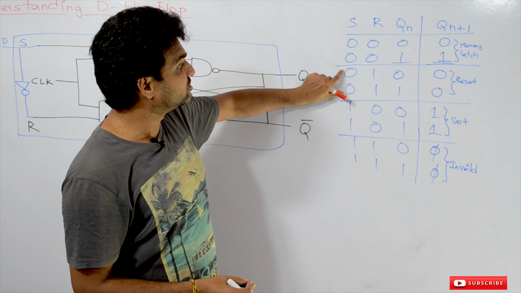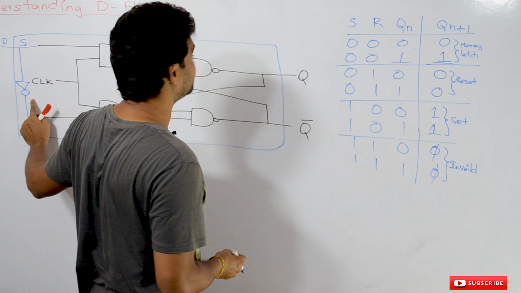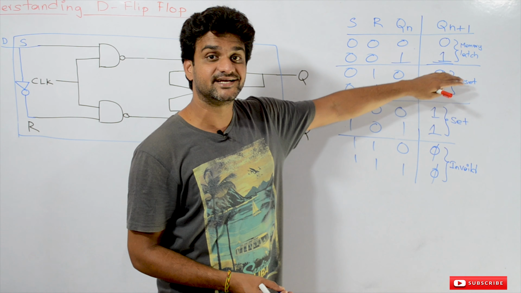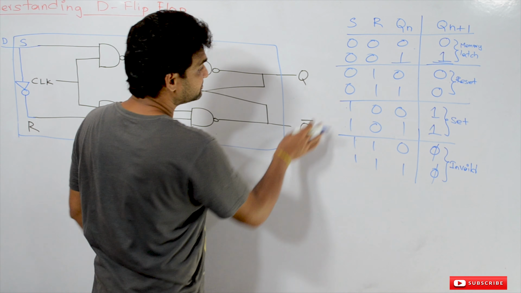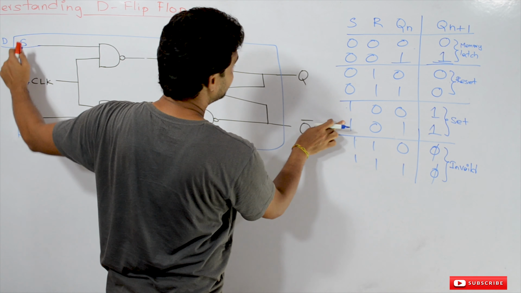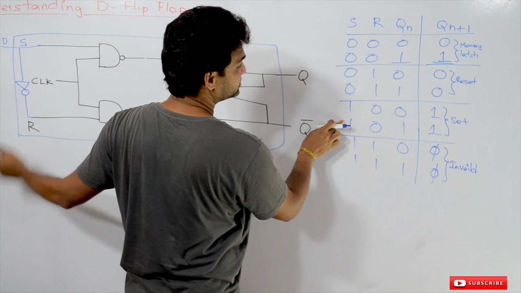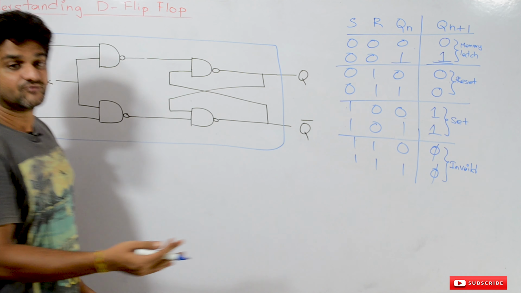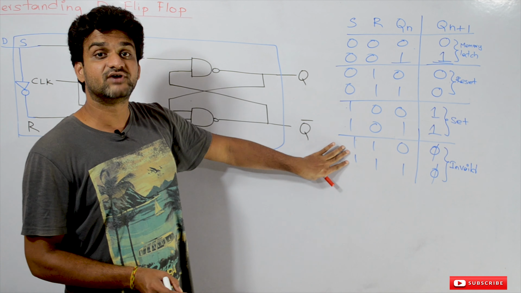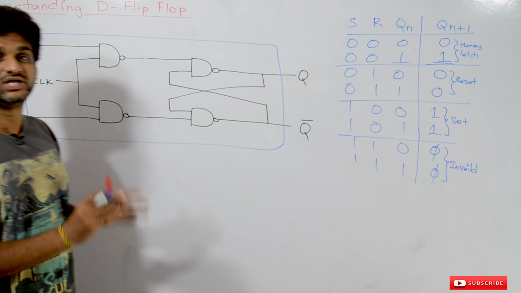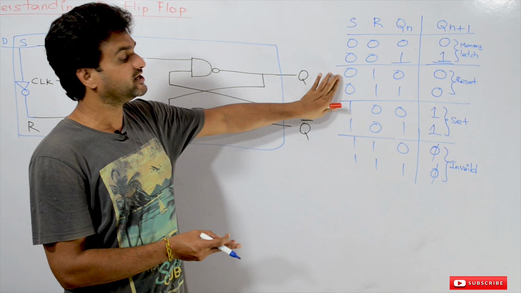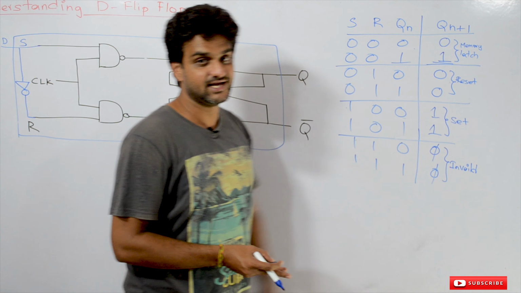Whenever the value of S is 0, R is going to be 1, because we are using an inverter. So with S R equal to 0 1 and Q equal to 0 or 1, we are going to obtain a reset on the memory. Similarly, whenever D is equal to 1, S is equal to 1 and R becomes 0, because the inverter is used. So we have completely avoided the 0 0 case and the 1 1 case. That is the beauty of a D flip-flop, where the most important cases of SR flip-flop were taken into consideration and we avoid the invalid state.